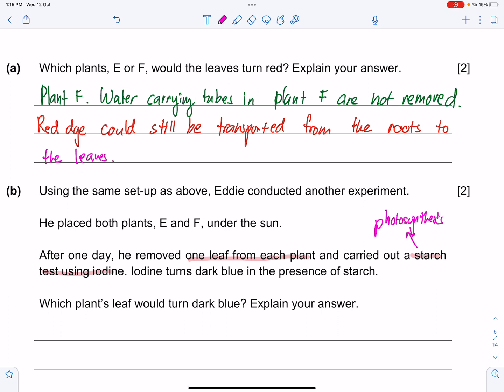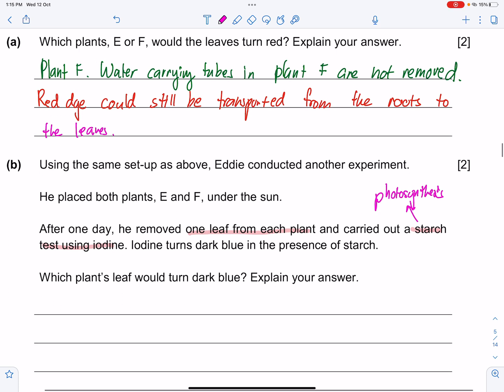Straight away, your word equation for photosynthesis should come up in your mind. I would like to remind everyone during exams, the first thing that you should be doing is to write your word equation for photosynthesis and respiration,